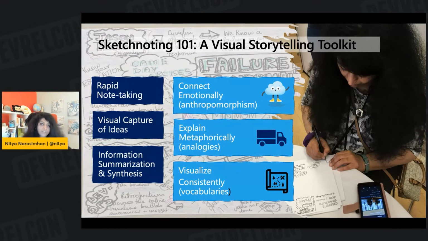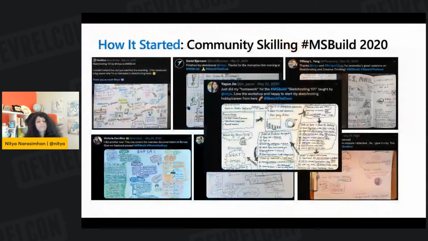If I'm going to use trucks to describe delivery in one sketch note and then use trucks in the same sketch note to describe something else, you'll confuse the user. So consistency is key. So today, I want to share a few examples from my visual storytelling journey,